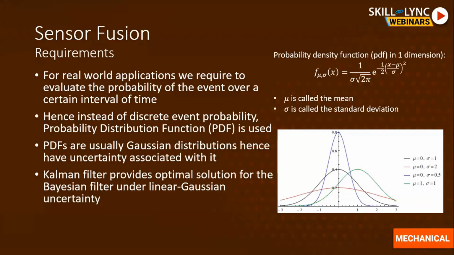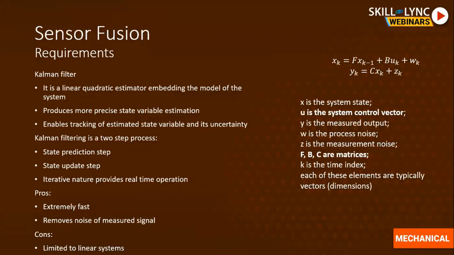But if the vehicle is taking turns and it is steering, then we have to go for an extended Kalman filter, which takes into consideration non-linearity. So now we'll discuss Kalman filters, which are crucial for reducing the number of sensors and hence reducing the overall cost of the system, and also improving the measurements from